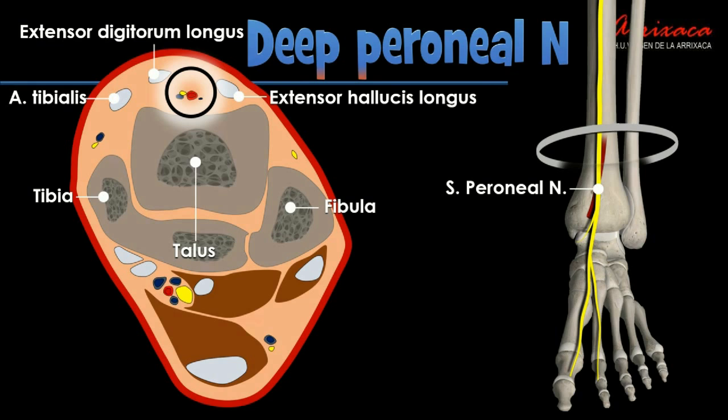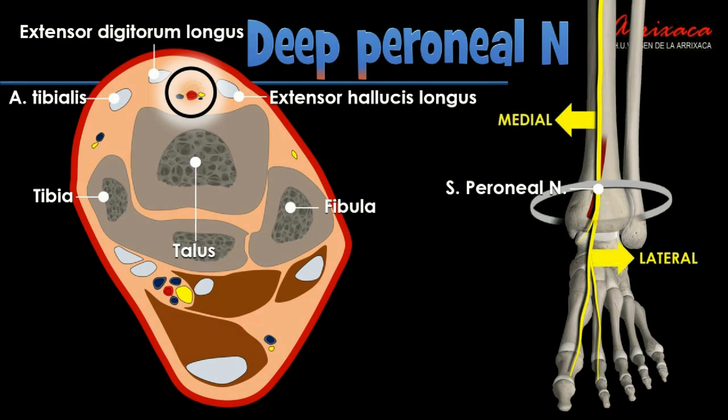The deep peroneal nerve innervates the muscles in the anterior compartment of the leg, including the tibialis anterior, extensor hallucis longus, extensor digitorum longus, and the tibiofibularis tertius. The deep peroneal nerve also innervates the extensor digitorum brevis and the extensor hallucis brevis, which are intrinsic muscles of the foot. These muscles are responsible for extending the toes at the metatarsophalangeal joints and the interphalangeal joint. The deep peroneal nerve terminates in the dorsum of the foot as a cutaneous nerve and innervates the web space of skin between the great toe, hallux, and the second toe.